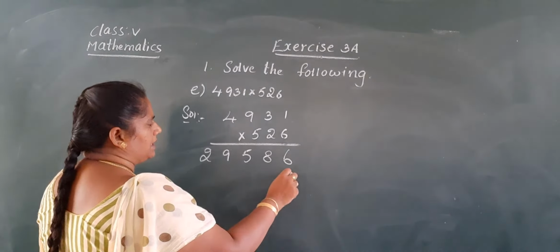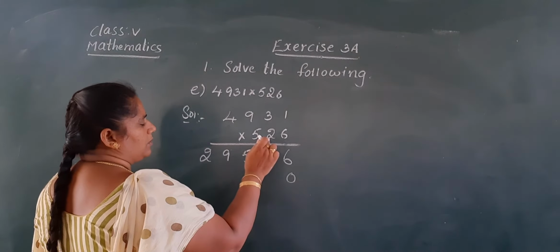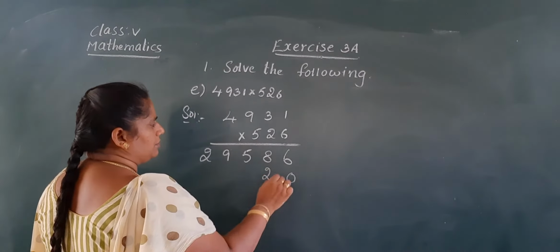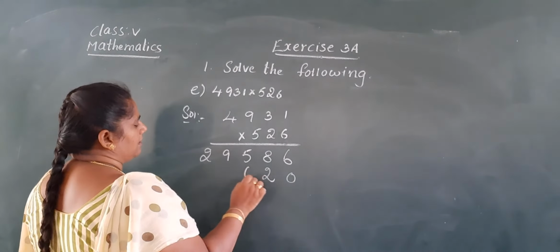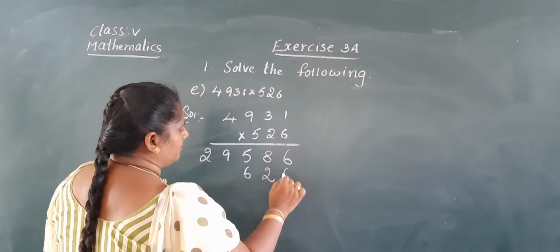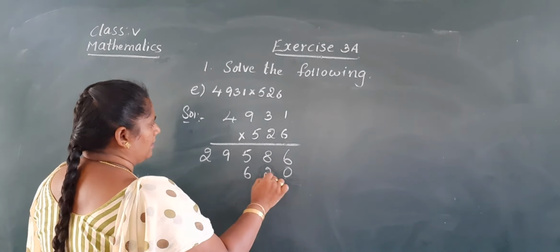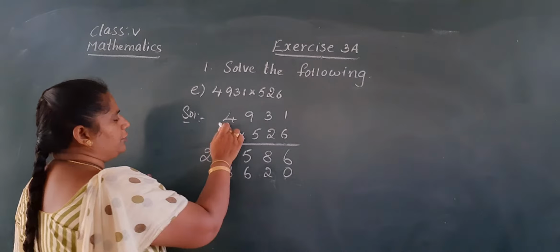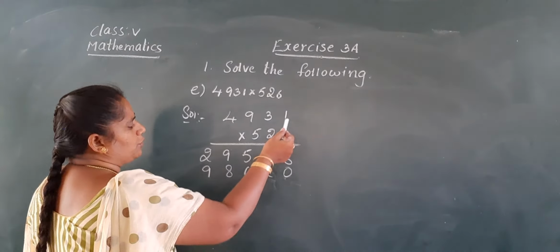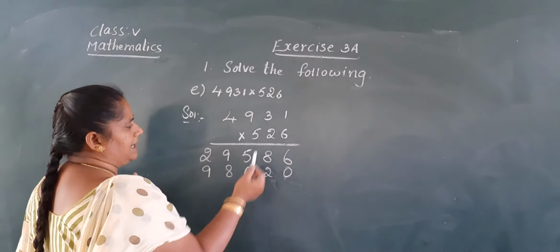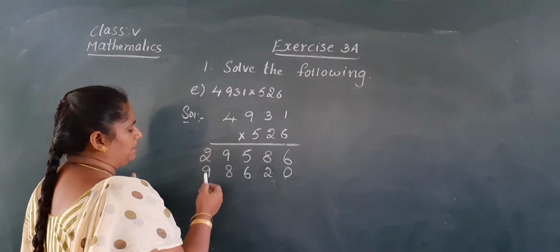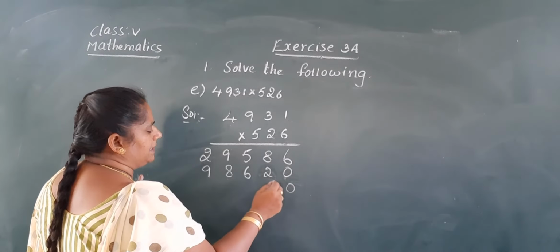Now, close the ones place, start from the tens. What's there in the tens? 2. So, multiply ones. 2 ones are 2. 2 threes are 6. 2 nines are 18. 1 in hand, 8 is down. Okay. Next, 2 4s are 8 plus 1, 9. Okay, ma? I repeat again. 2 1s are 2. 2 3s are 6. 2 9s are 18. 1 in hand, 8 is down. 2 4s are 8 plus 1, 9. Now, ones completed, tens completed.